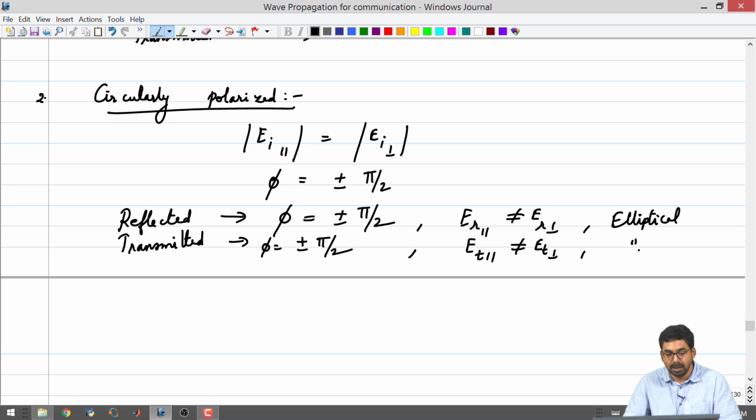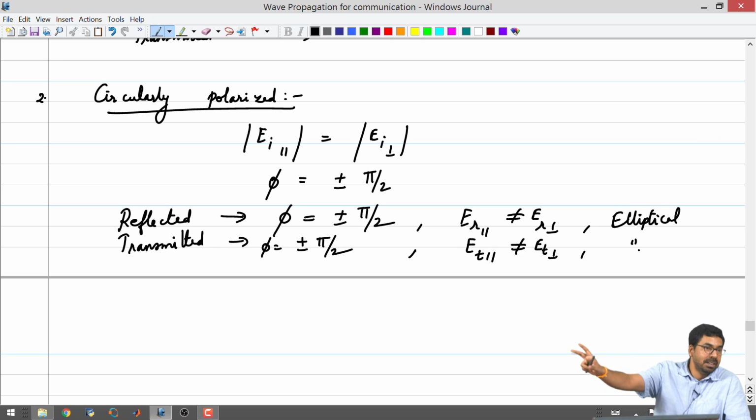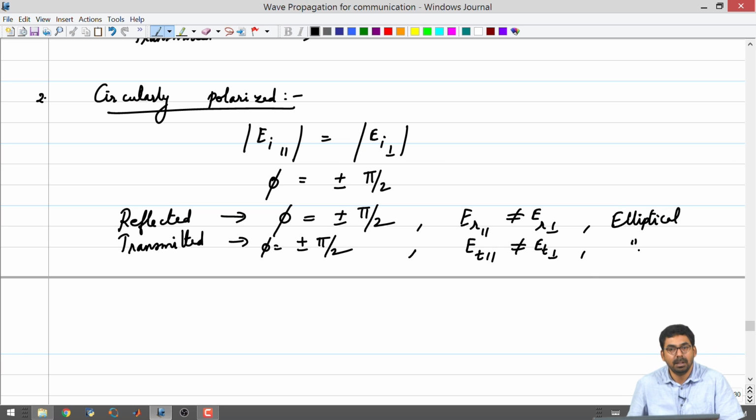Okay. So, anything is possible using a dielectric interface, and we also know that if you make the angle of incidence equal to 0, you will get reflection coefficients that look like transmission line reflection coefficients. However, here you have two polarizations, and in the way you have constructed the problem, you have flipped the electric field. So, one polarization will have a negative reflection coefficient of the other. So, you have to be careful in interpreting these things, right. With this, most of the topics related to dielectric interfaces are over.